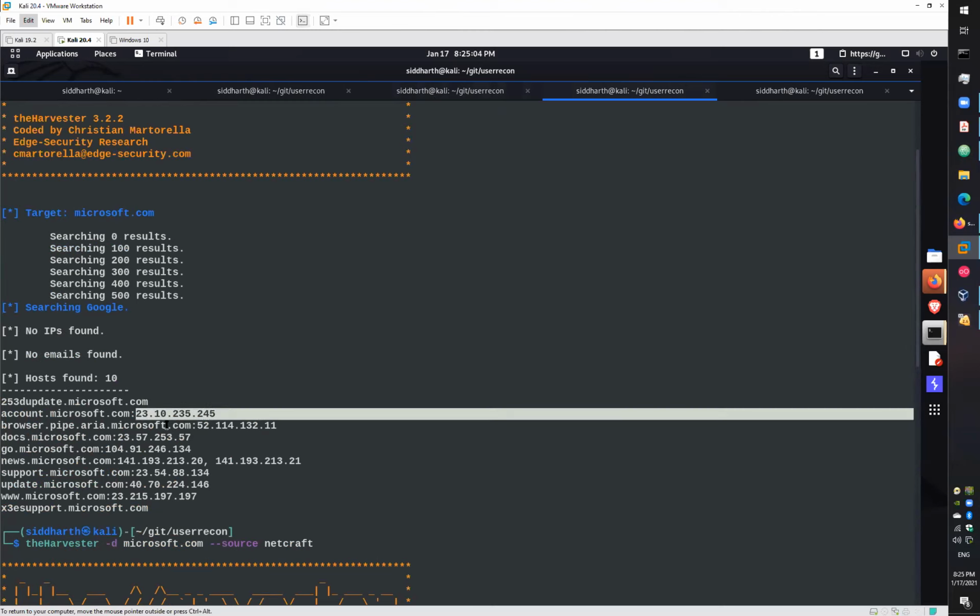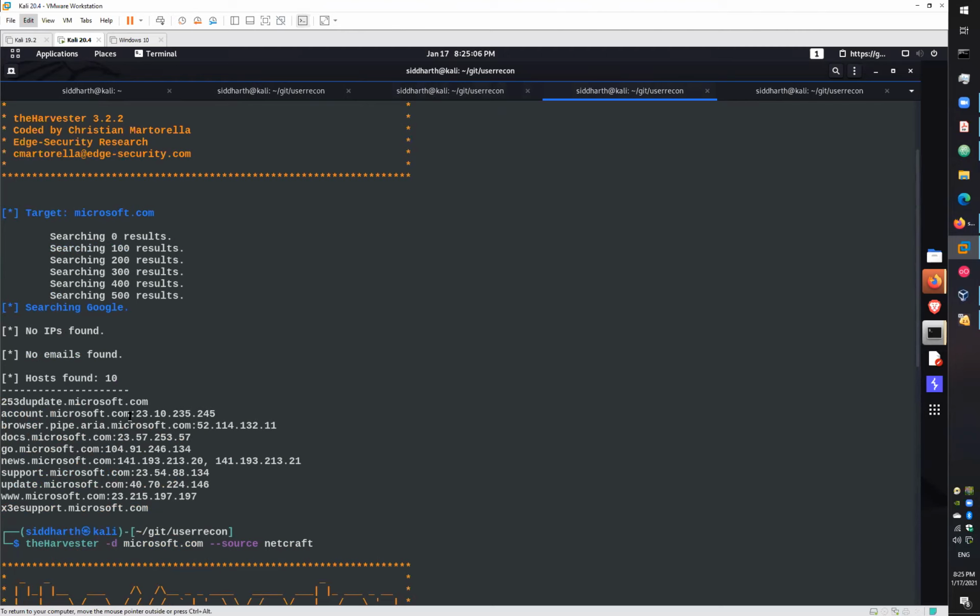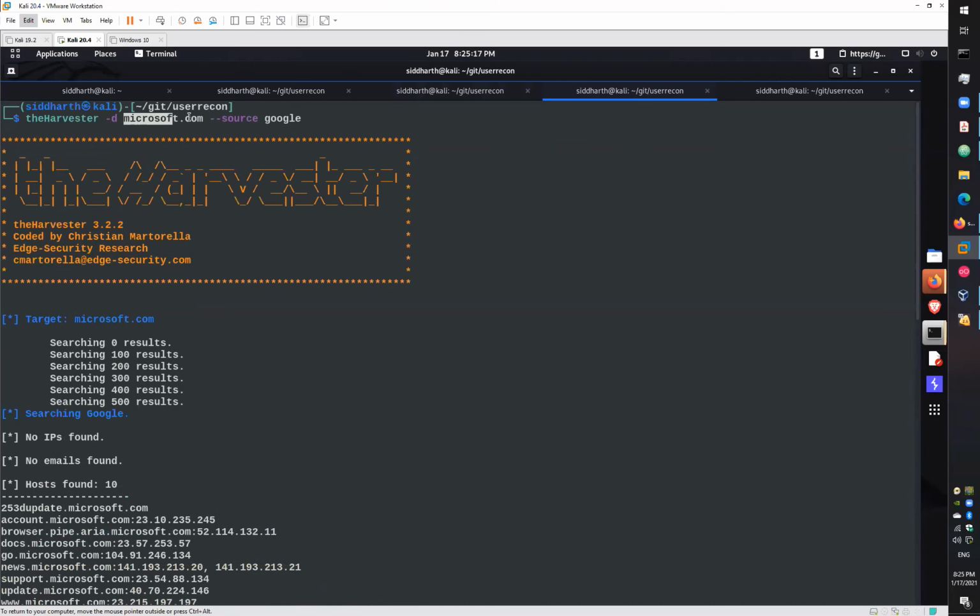What does it mean? It's the IP address for the mail server. It is searching for the domain alone. Domain matches, we have written Microsoft.com.